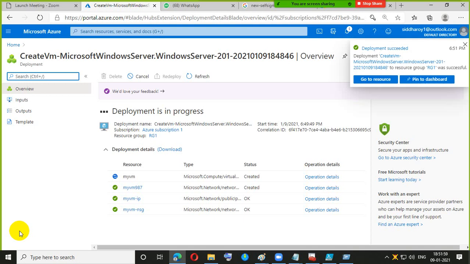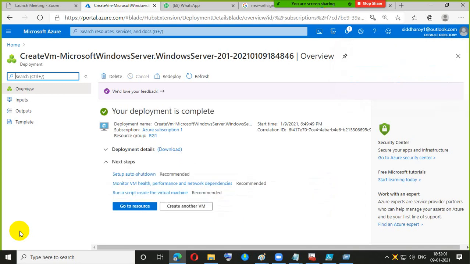Perfect. So my virtual machine is also created.